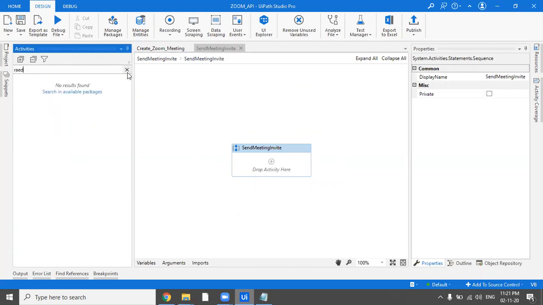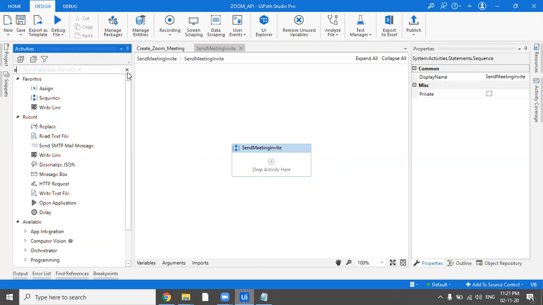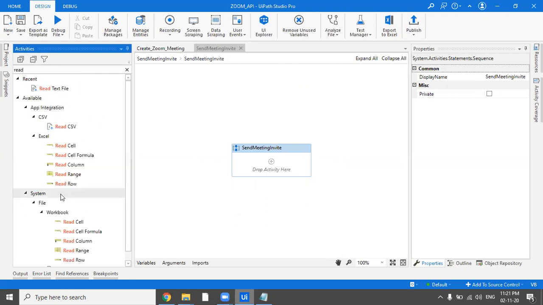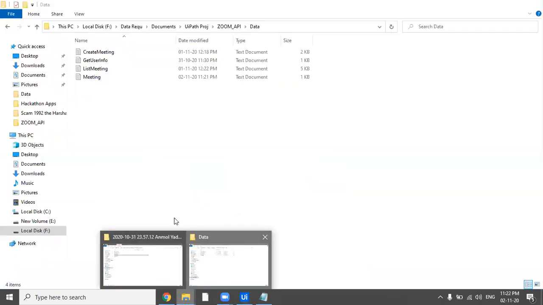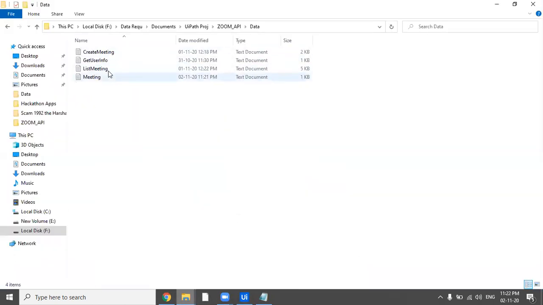Now because we have our HTML code written in a text file, let's read that text file. Let's copy the path.